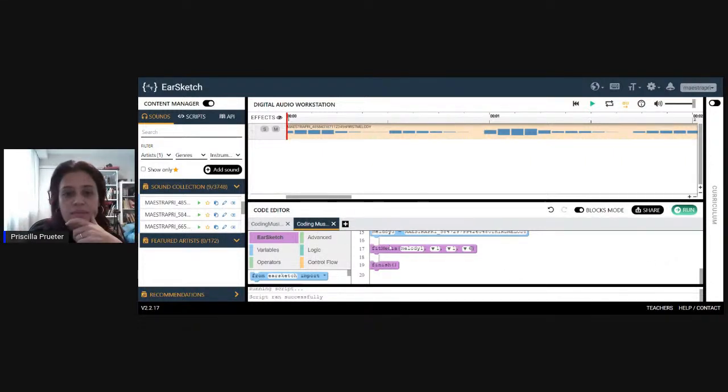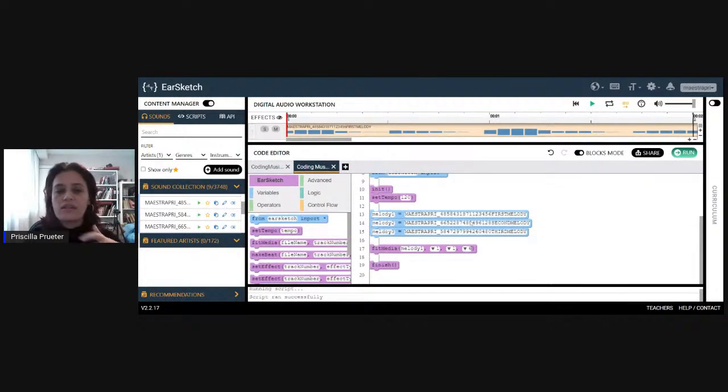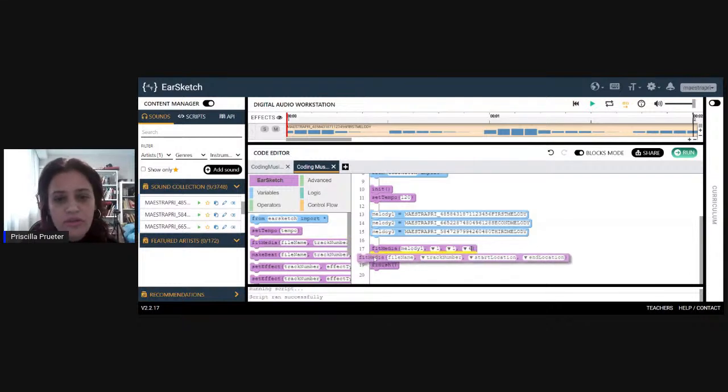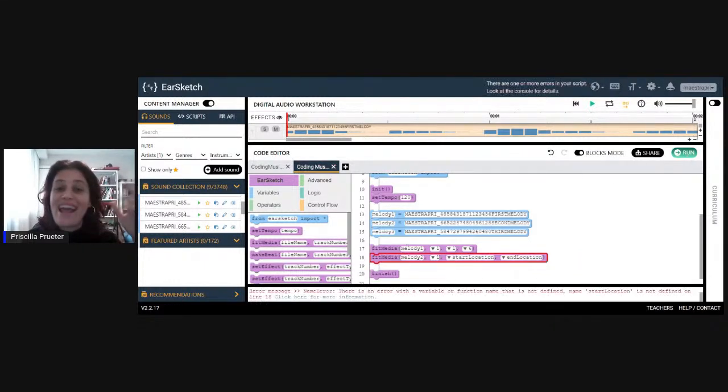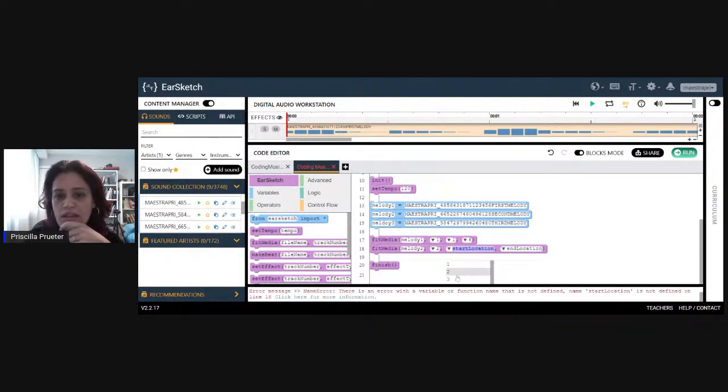So I just finished creating my first track here, and I'm going to do the second one here with the second melody. Okay, so I'm going to put fit media again and melody2, track number 2. If I put track number 1, when I run, there's an error message. You can't have two melodies in the same track, so I need to change it. Here, maybe we are going to start in the third bar, and we're going to end at the fifth bar. Let's run it,